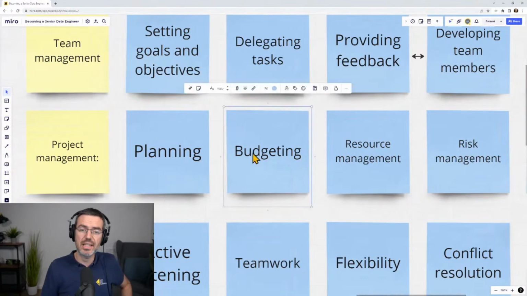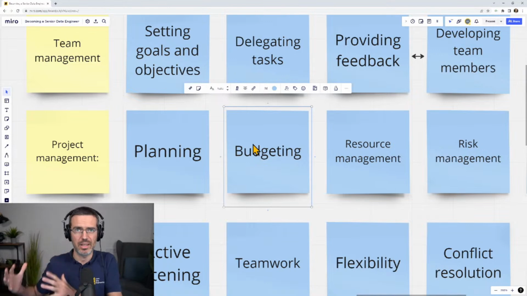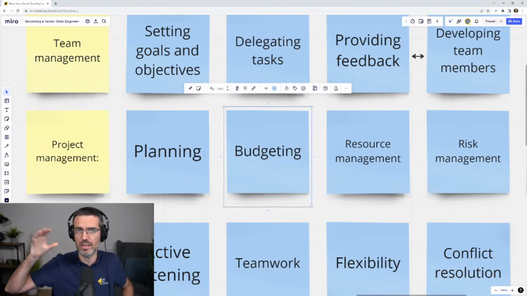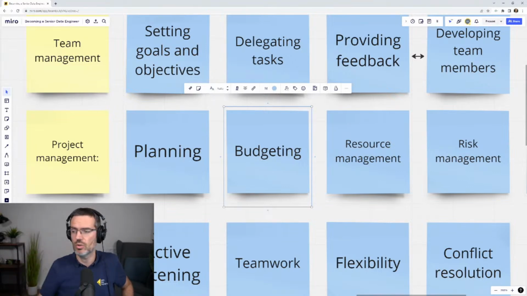And also budgeting is very important, because that is closely aligned to the project plan. You have that amount of budget. How can we actually solve the task with that budget, and also keep the costs within the amount that you've been given, but also monitor the costs over time, usually.